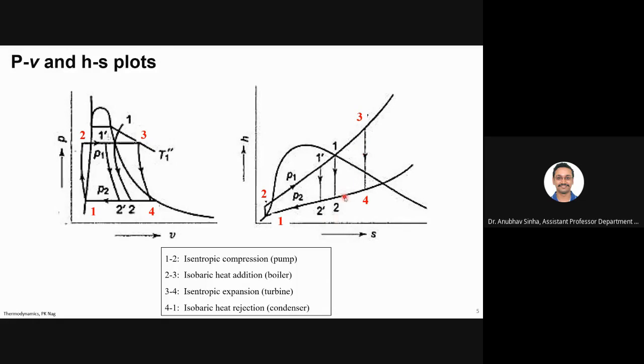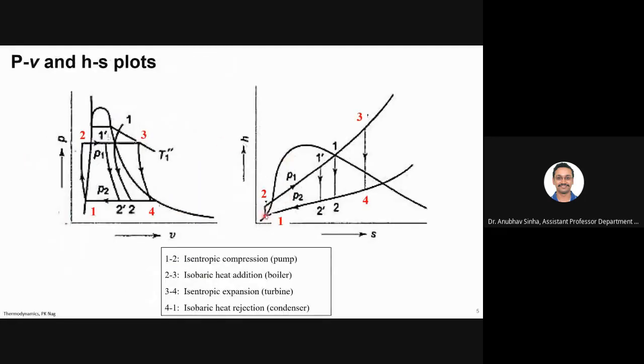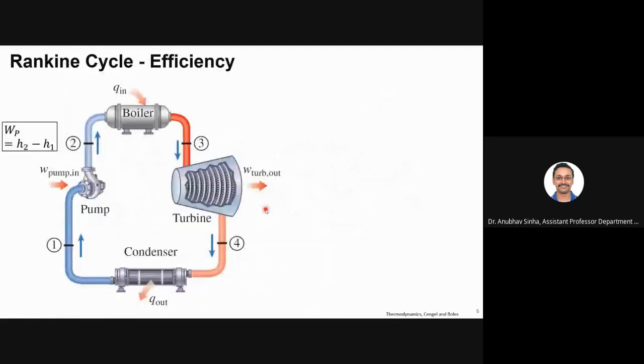Fine. Okay. So let us look at what is the work done and heat transfer for different processes. So using that, we will calculate efficiency for the cycle. So let us talk from 1 to 2. So I want to find what is the work done by the pump. That will be the difference of enthalpy. So the pump, as you have seen, is basically increasing your enthalpy from 1 to 2. So I will say WP is H2 minus H1, delta H.